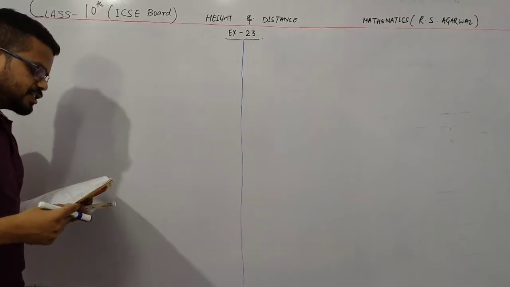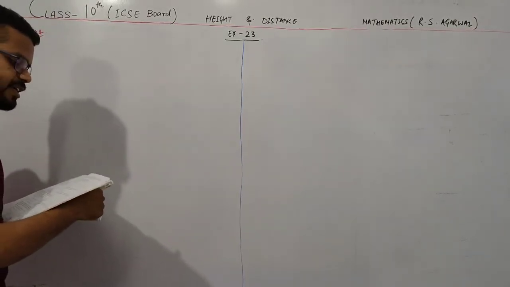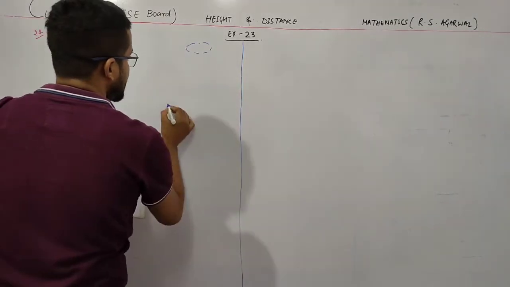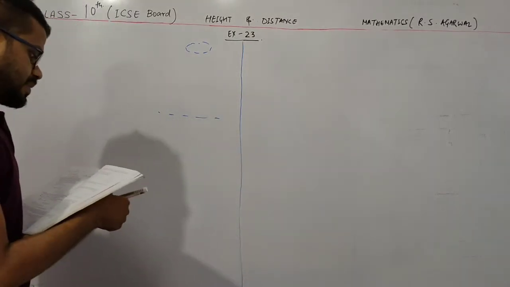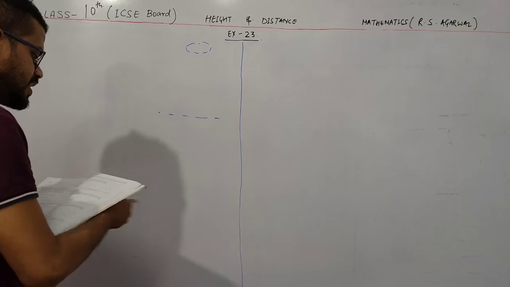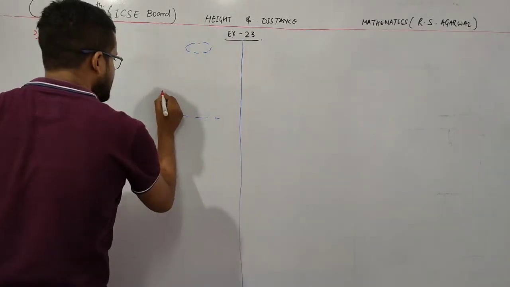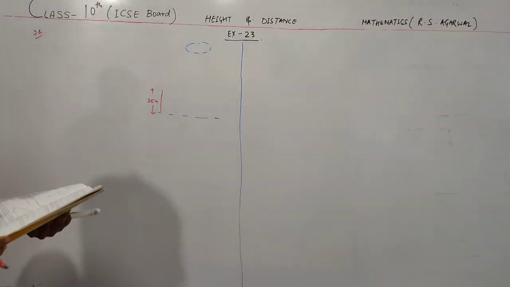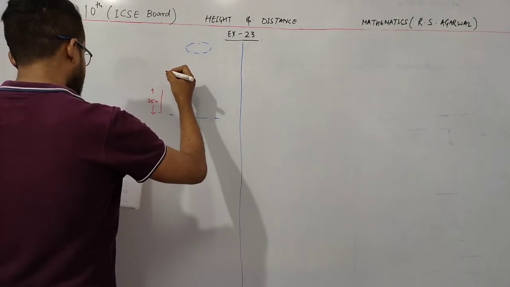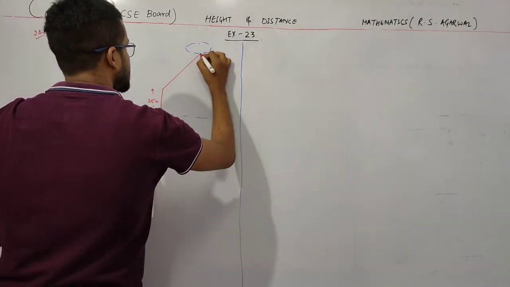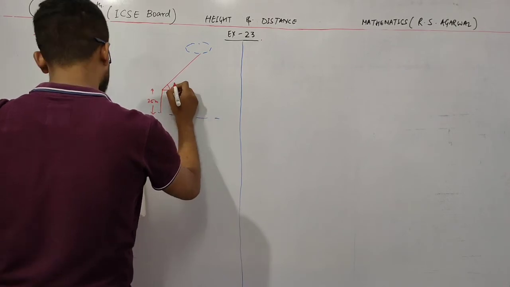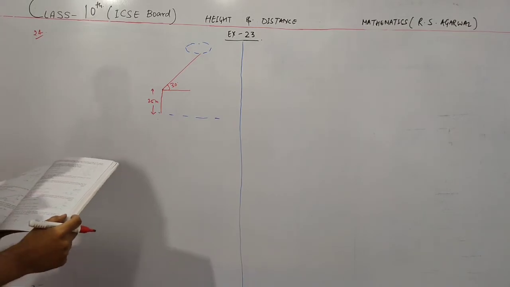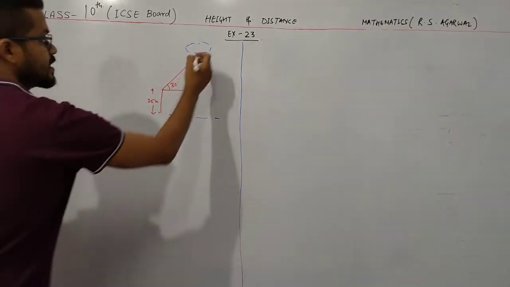The angle of elevation of a stationary cloud from a point 25 meter above the lake is, here is the cloud and here is the lake. The angle of elevation of a stationary cloud from a point 25 meter above the lake. This is 25 meter above the lake. Angle of elevation of this cloud, this is given 30 degree, and the angle of depression of its reflection in the lake is 60 degree,